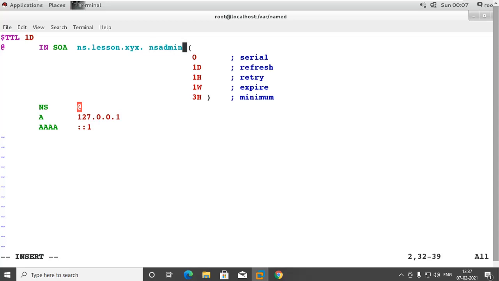Let's say nsadmin.xyz. These are the configuration. Now we give the resource record or the address record for our name server, that is ns.lesson.xyz.